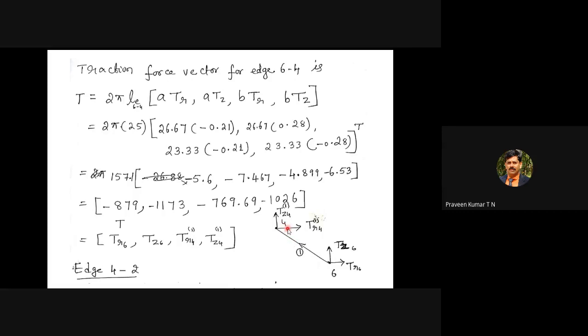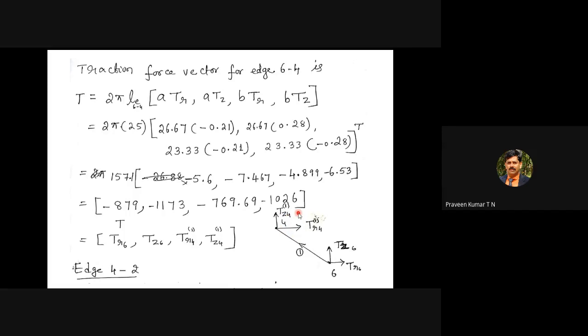It is the contribution from the element or edge 1. It is almost similar. We may say there will be A, B, C, and C is getting money of 100 rupees from A, and the same C is getting 100 rupees from B. The total collected amount from C is 100 plus 100. That means for edge 1, there is a contribution of traction force for node 4 as well as the traction force along the Z direction.